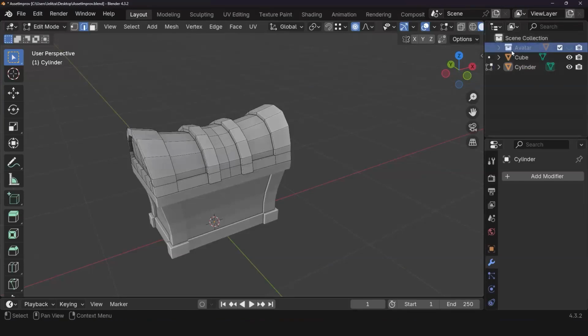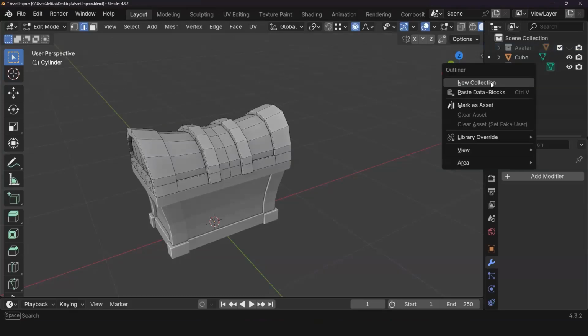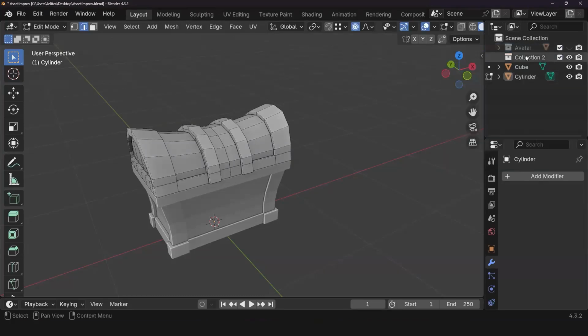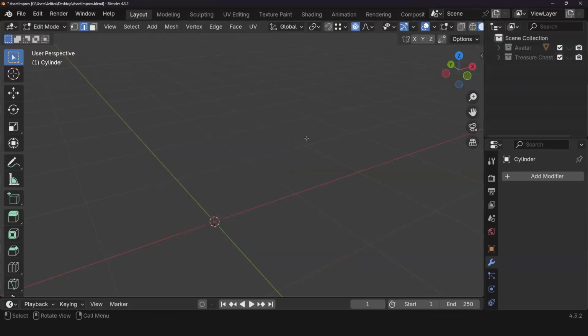And let's say I want to add another folder, which is called the scene collection. I'm going to right click and create new collection. And it says collection 2. I'm going to double click on that and call this treasure chest. And then I'm going to take these guys and just drop them in. I can close it and I could turn it off.